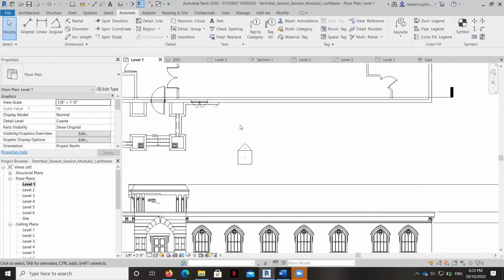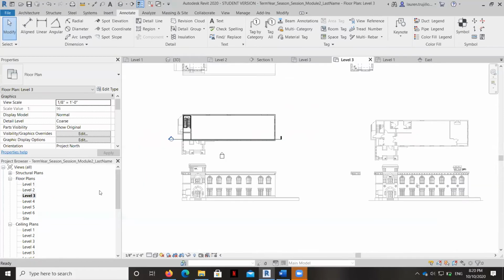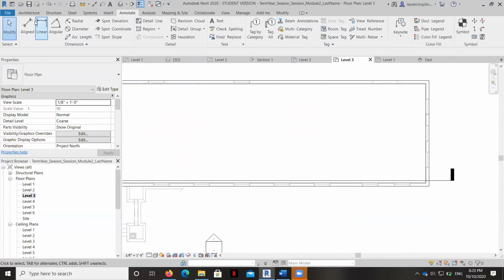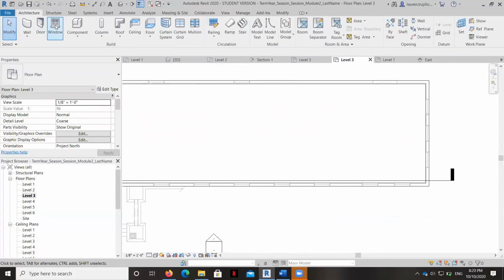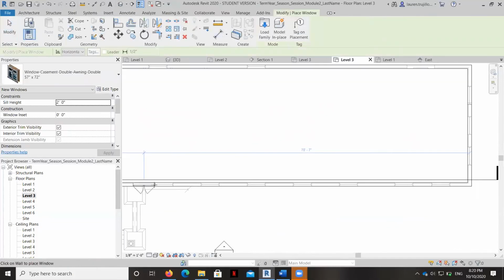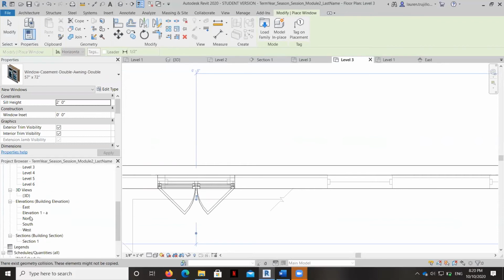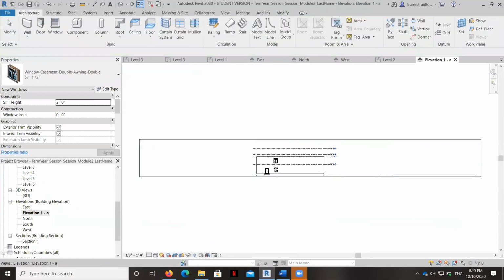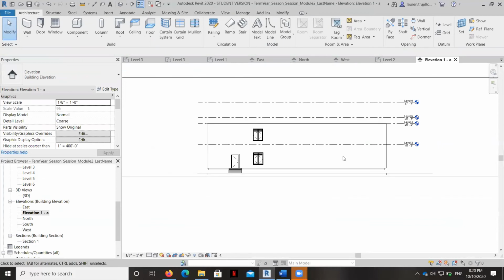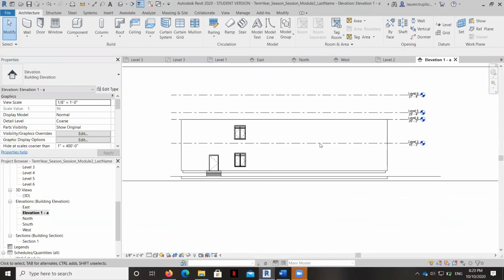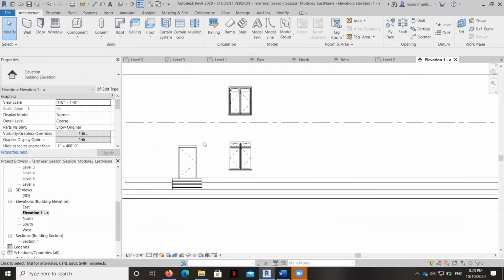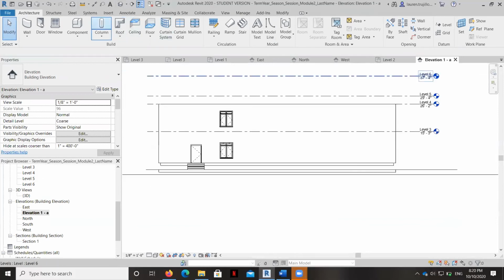So let's take a look at that elevation. I'm going to go ahead and place my windows on the second floor too. And you'll see what I'm doing in a second, and then you'll be able to go back and do this on your own. Let's take a look at that elevation here. Okay, so there's our windows. Okay, so we want to make sure that they're 13 feet 6 inches above.